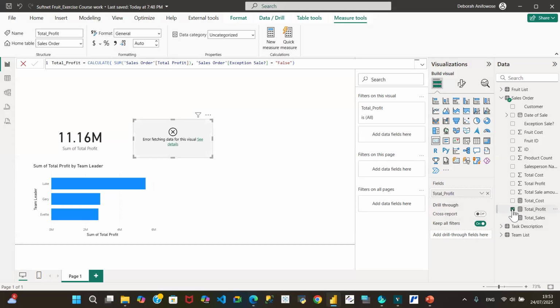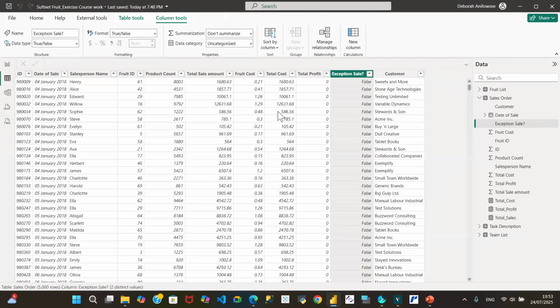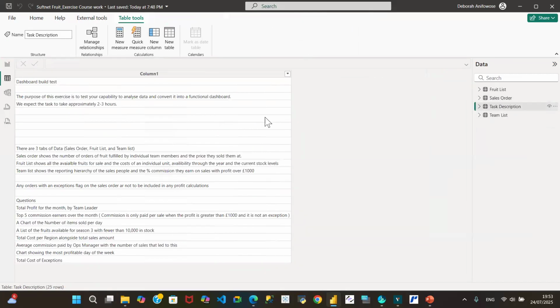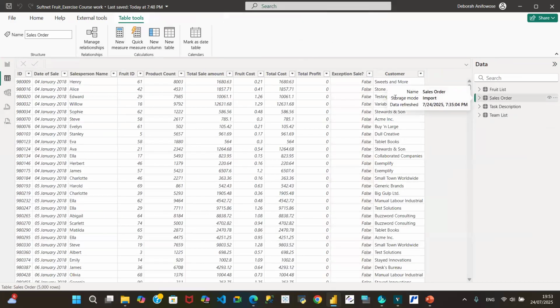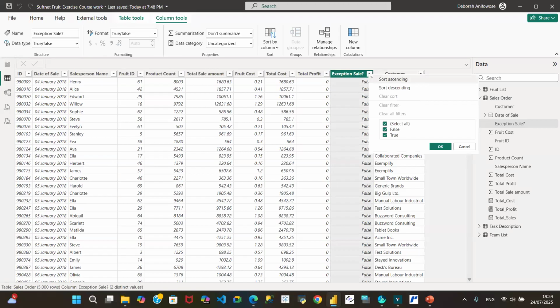Total profits. There's an error fetching the data. Why is there an error? Let me see what I'm not doing right. The instruction says any others with an exception flag. Now, exception flag is true for any other with an exception flag. Then I'll go into my table, exception sales. This is the exception flag. But I'm not only calculating for where it is false. So why is it behaving like a